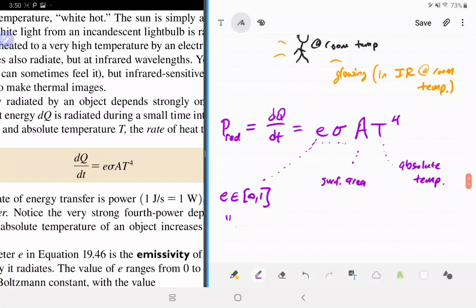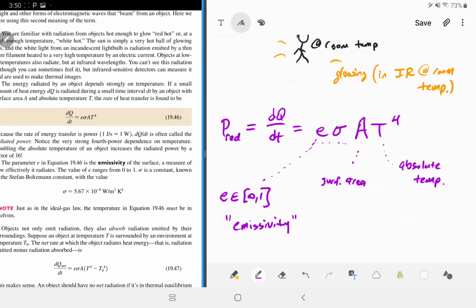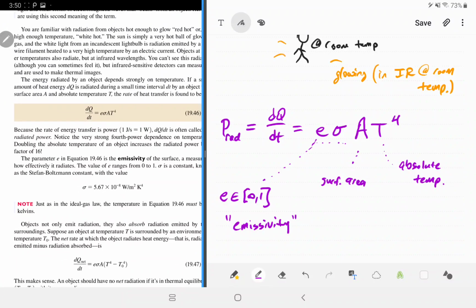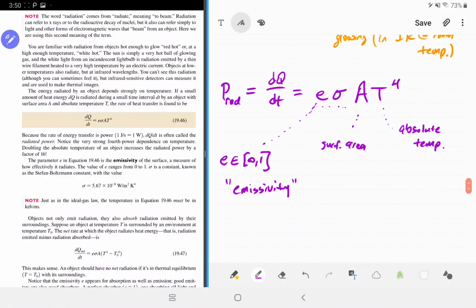This is something called the emissivity of the object. It's a measure of how effectively it radiates. By the way, we use this equation in astronomy all the time, and it's a very good approximation to say that objects have E equals 1. So if you're not told anything about the emissivity of an object, it's a good approximation to say that it's just equal to 1. A perfect black body